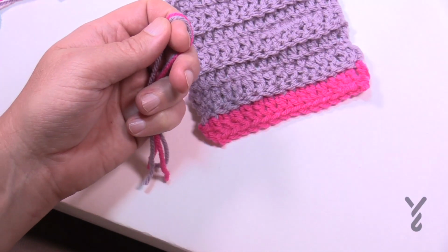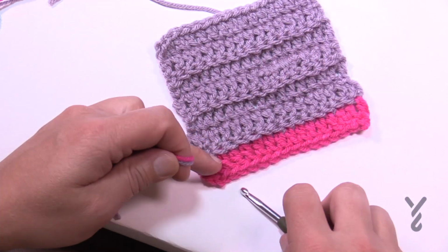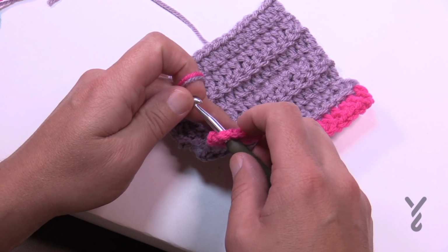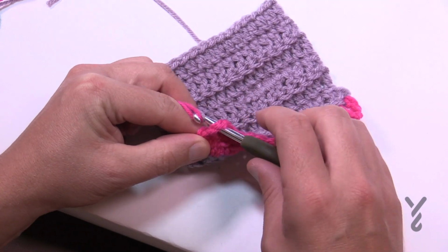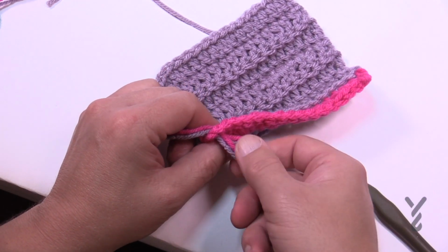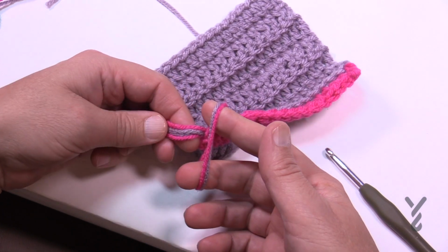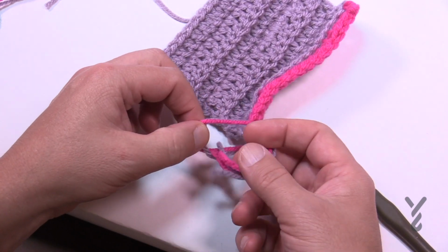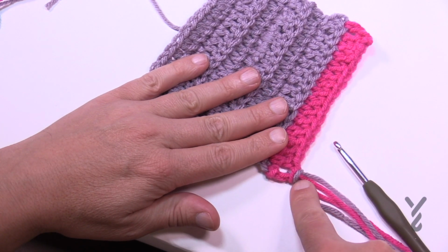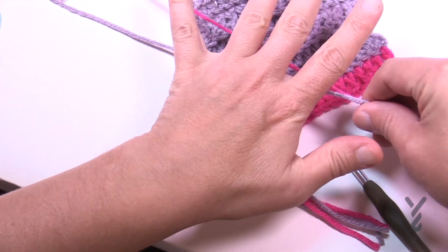Now what you're going to do is at the end of the row, on both sides, you're just gonna go into a regular stitch, and you're gonna just grab the loop and pull through, and then you're gonna just pull up enough that you can get your fingers in there, and if you want to use your hook you can, and then you're gonna pull that strand here through that loop, and this crossing over is gonna lay in the front. This is why you need to worry about what side it is. So in order to do the next one,